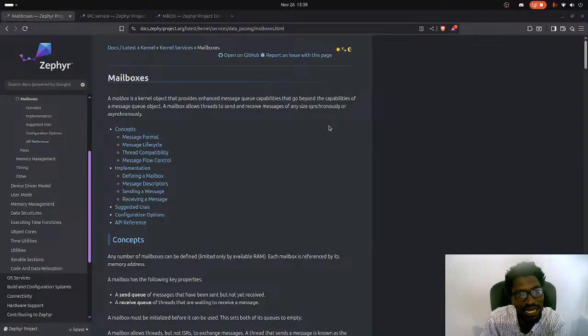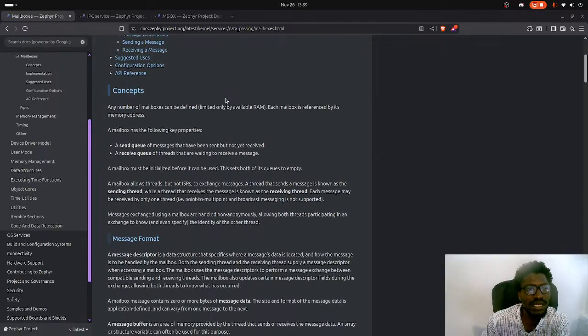So a mailbox is a kernel object that provides enhanced message queue capabilities that go beyond the capabilities of a message queue object. A mailbox allows threads to send and receive messages of any size synchronously or asynchronously. So let's look at these concepts. Any number of